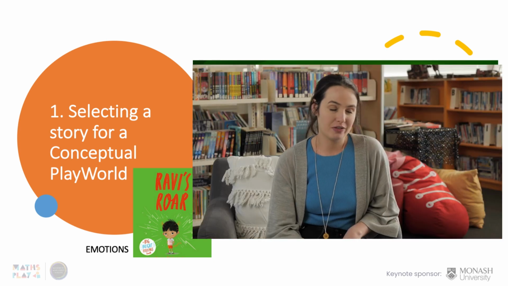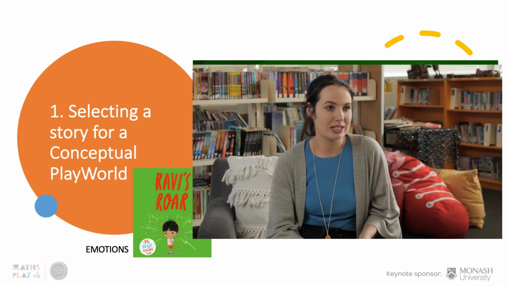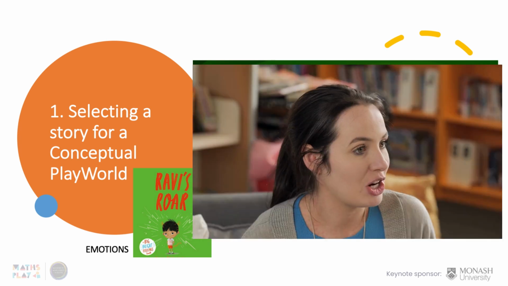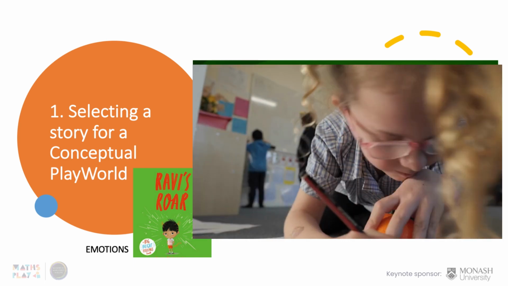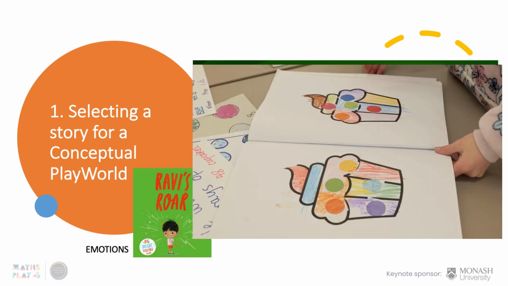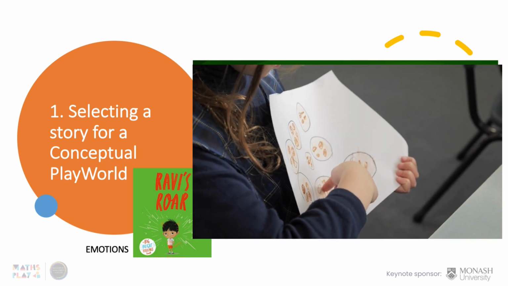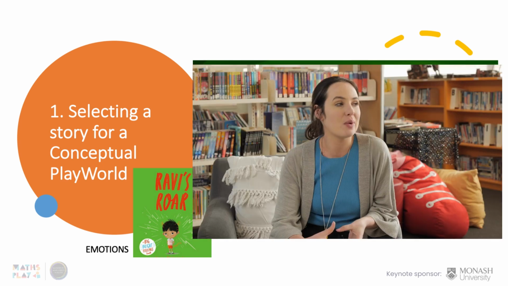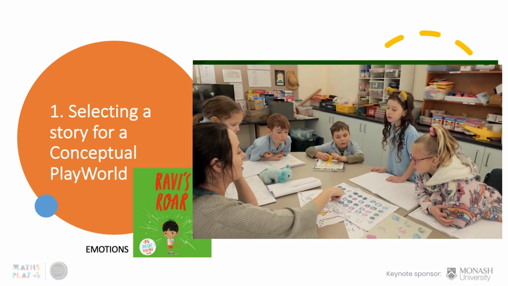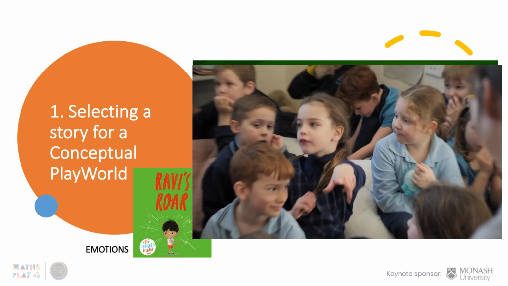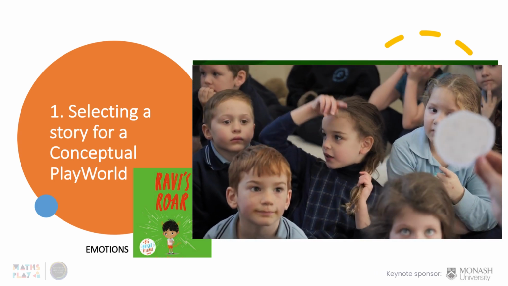We had 3 different maths concepts that we knew we wanted to cover. So we knew that we wanted division in there, location and transformation, and chance. So it made sense to have a party where Ravi had cupcakes, and we knew that we wanted the kids to work out how many cupcakes he needed. When they were in Ravi's world, they were so engaged and they really wanted to solve it. And the amount of excitement in sharing their ideas was amazing.